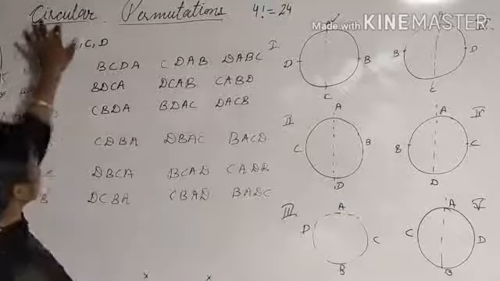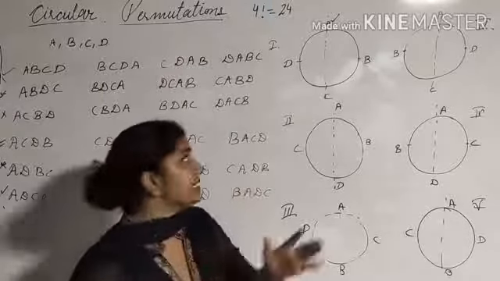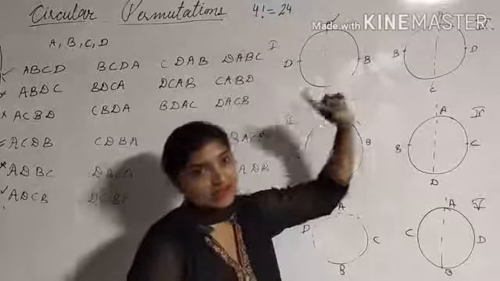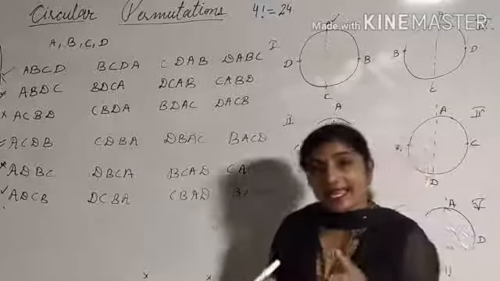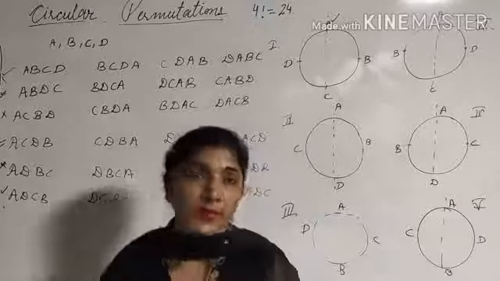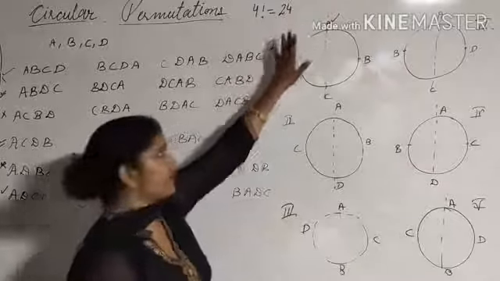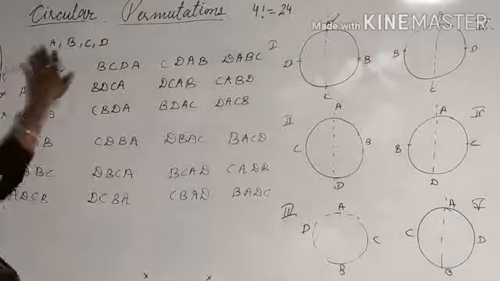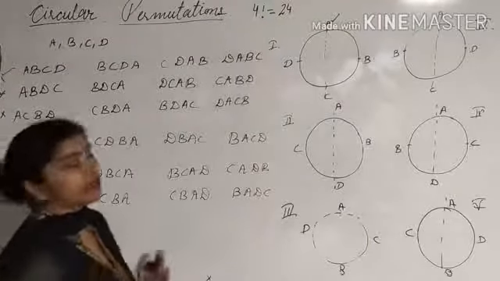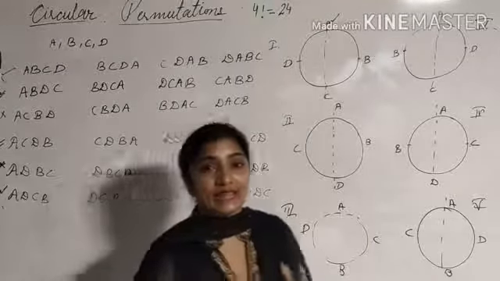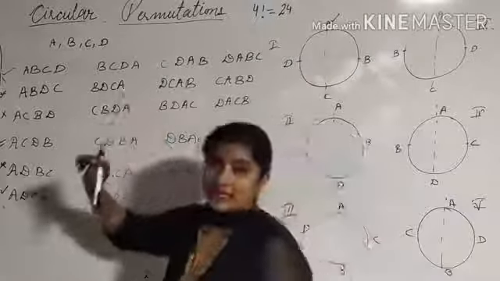Now, if we wish to arrange these 4 objects in a circle, then what changes? See, the total number of possible arrangements with the 4 objects A, B, C, D was 4 factorial. As we have discussed earlier, the number of permutations of n objects taking n at a time is n factorial. The total is 4 factorial, that is 24, and you can easily see that these are the total 24 arrangements possible with the 4 objects A, B, C and D. Now, we wish to arrange these objects in a circle.